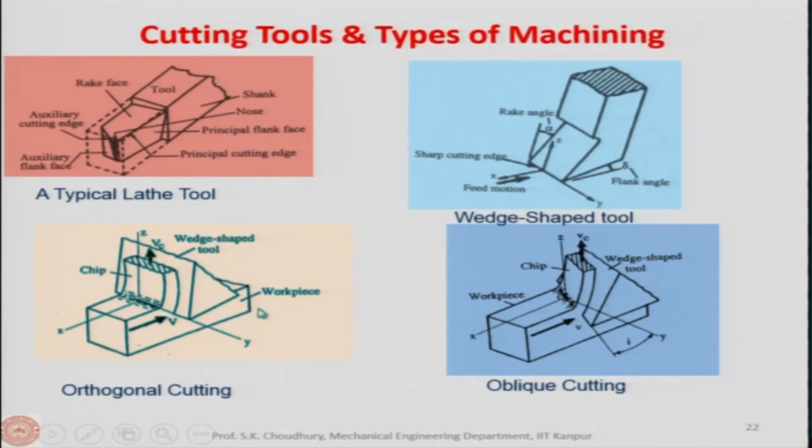So, here there is a pictorial view of the orthogonal cutting for you to understand that in case of orthogonal cutting, the cutting edge of the tool, you see this is also a wedge shaped tool like this. So, this is the cutting edge of the tool, this is perpendicular to the direction of the cutting velocity vector. So, the cutting velocity vector and the tool cutting edge make a perfect 90-degree angle, they are perpendicular to